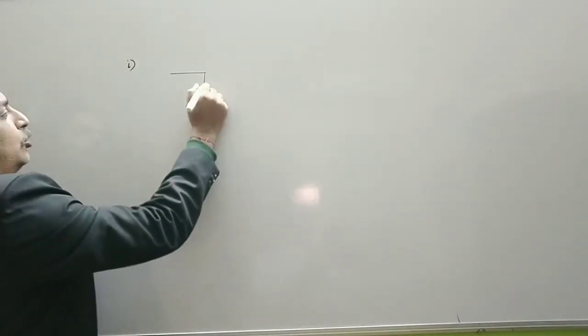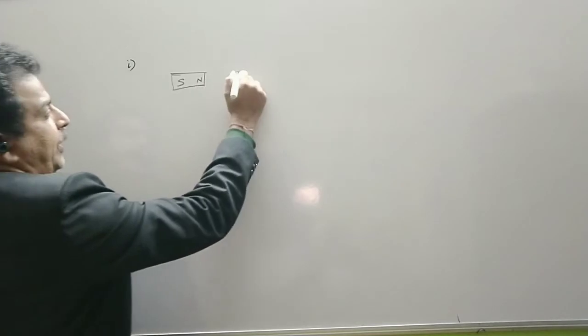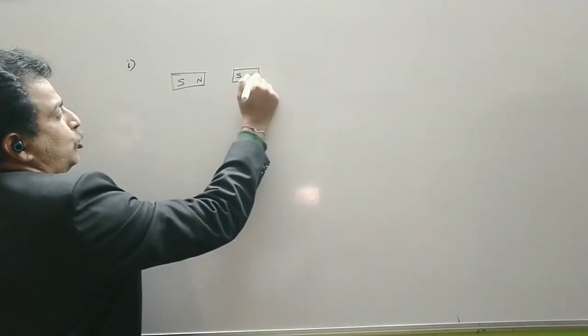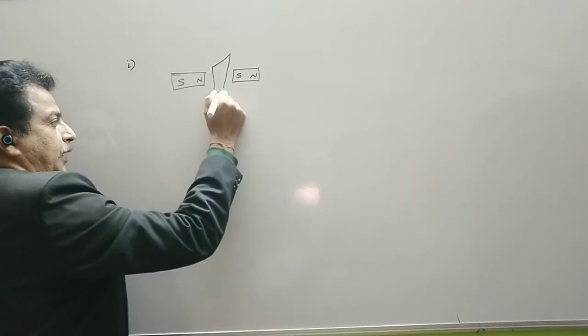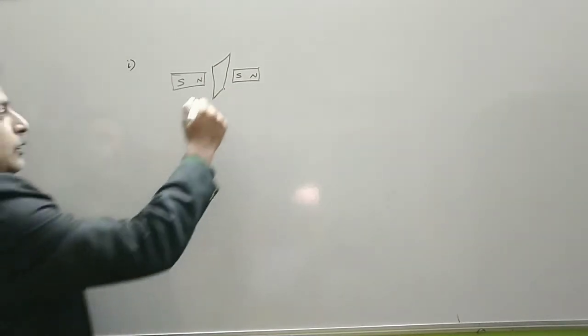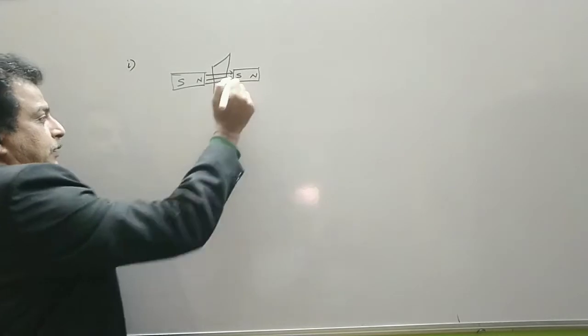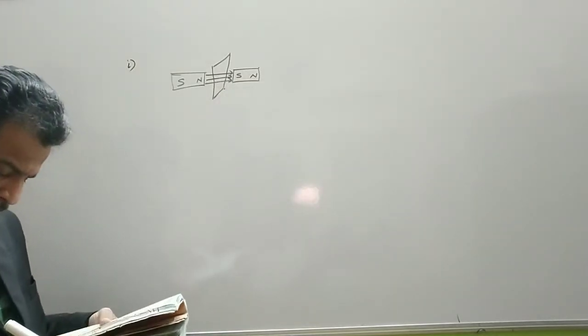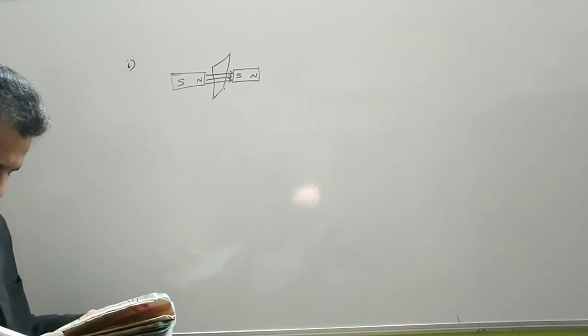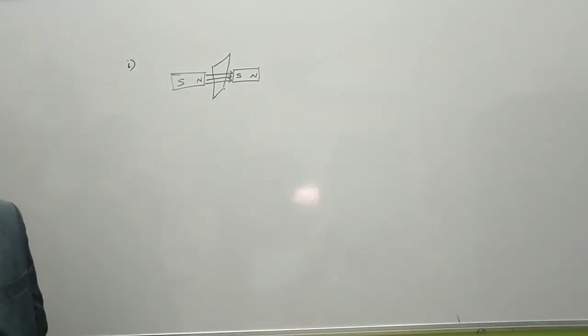Now question number 6.5. A closed loop is held stationary in the magnetic field between the north and the south pole of two permanent magnets held fixed. So in this situation, a coil is held fixed between the two magnets. Suppose this is a rectangular coil which is held. So this is the number of field lines. Can we hope to generate current in the loop by using a very strong magnet?